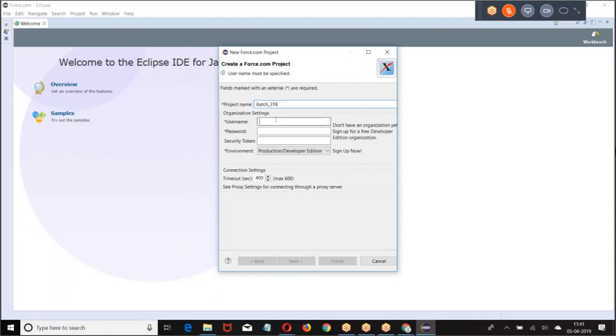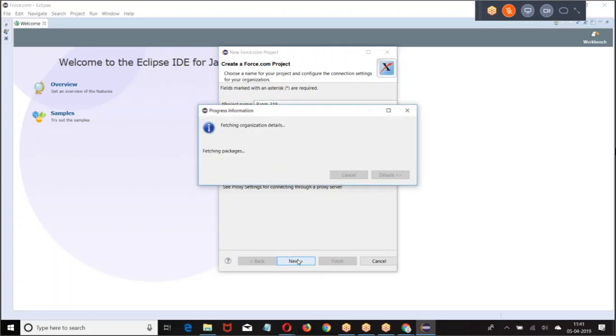Org 318 development, 318, username, password, Salesforce 123. I already made it open, so no need of going for the security token. Next. So I told new project, enter the username, password.